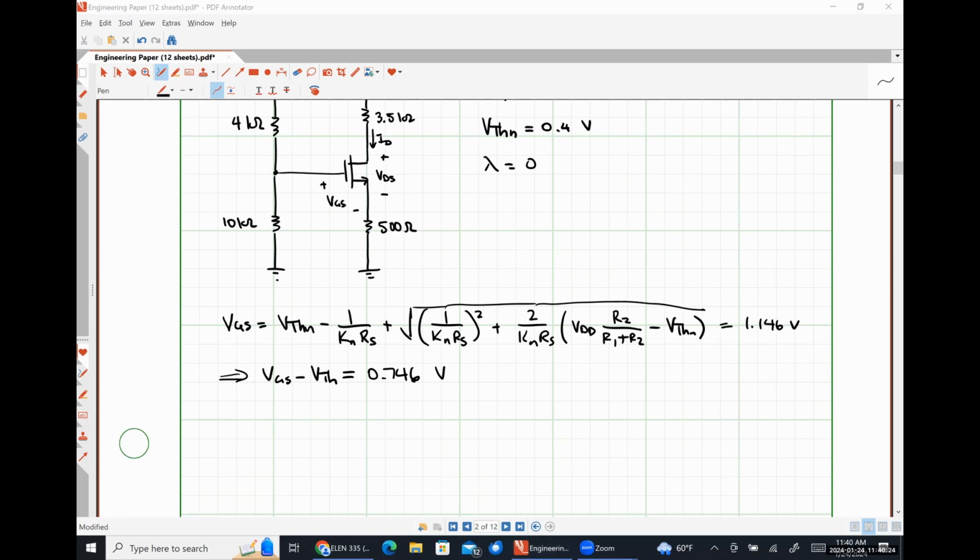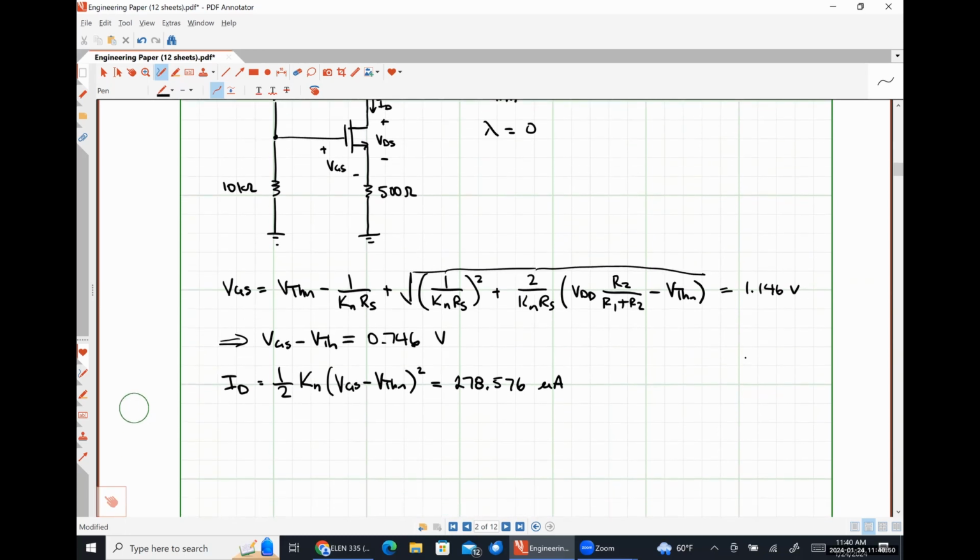Our drain current, ID, is given by 1/2 Kn times VGS minus VTHN squared, will come out to be 278.576 microamperes. And our drain source voltage VDS, given by VDD minus RD plus RS times ID, comes out at